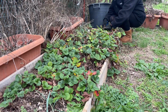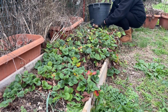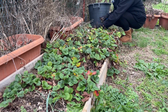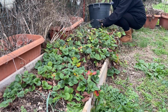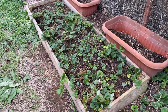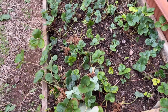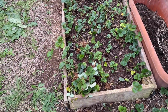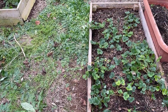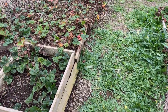I'm going to start cleaning out the strawberry beds, just cutting away all the dead leaves, and then I will be topping up with some of our compost and adding fertilizer. I'll come back and show you how far I get. I have now finished with this strawberry bed. There's quite a few loose ones here, which I will plant into the gaps once I have put new compost and fertilizer down. I did then start on this side,